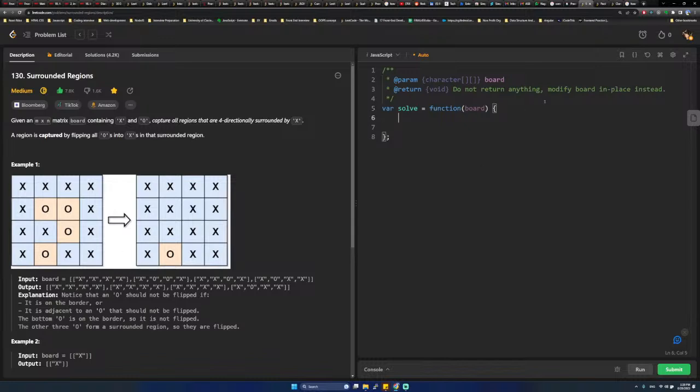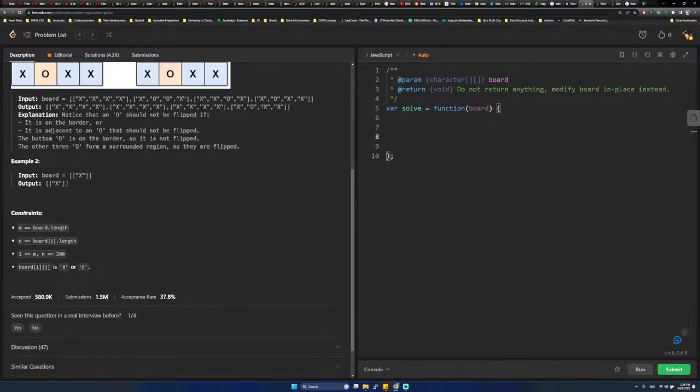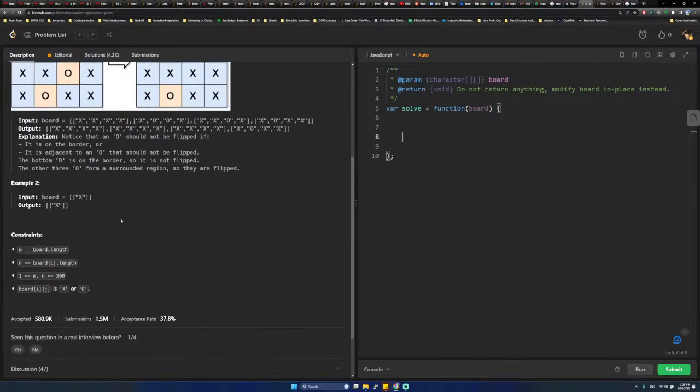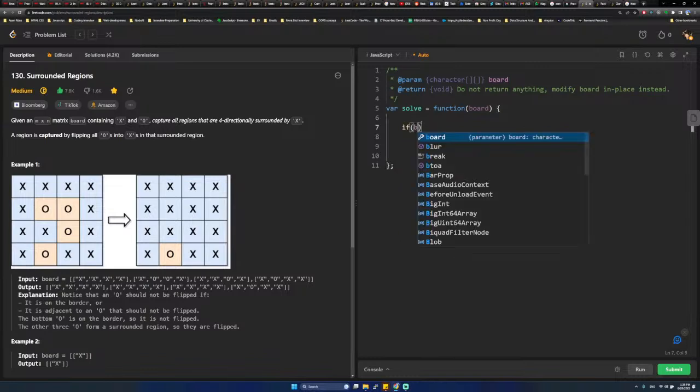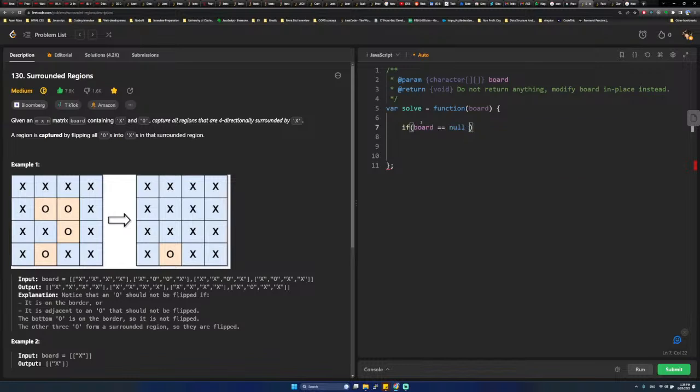So basically, let's say M is equal to N. So if board is equal to null, or board dot length is equal to 0, then we'll simply return it. We don't have to do anything. So the first step would be